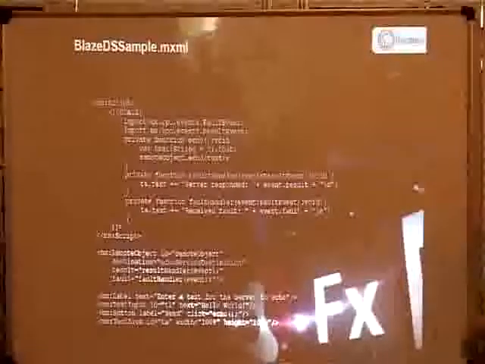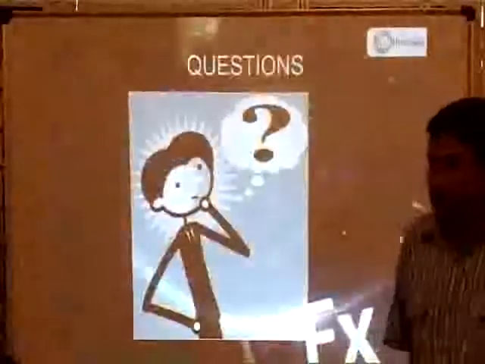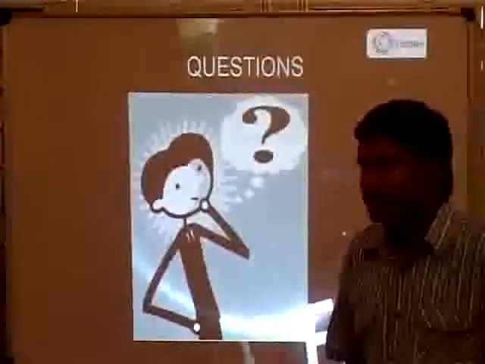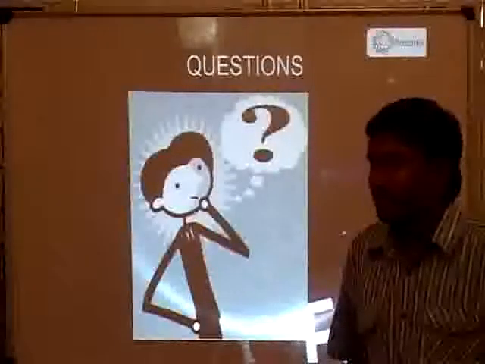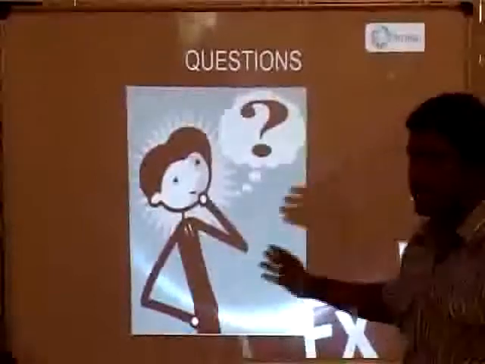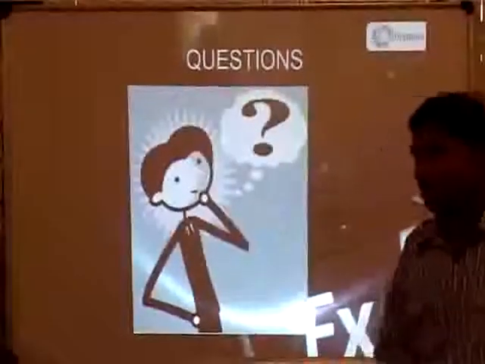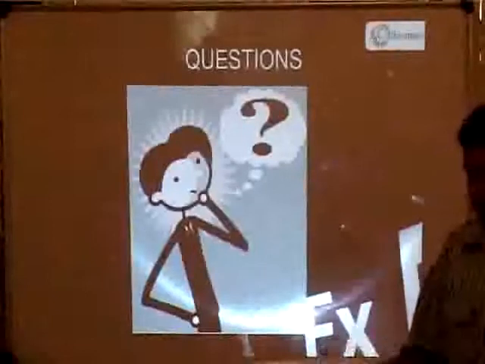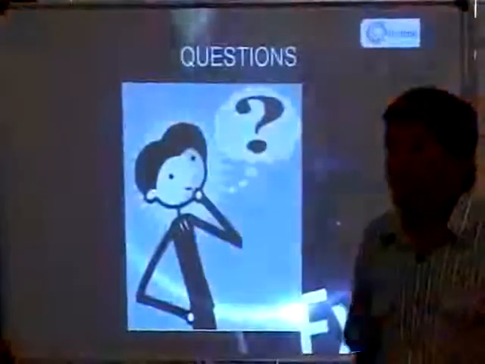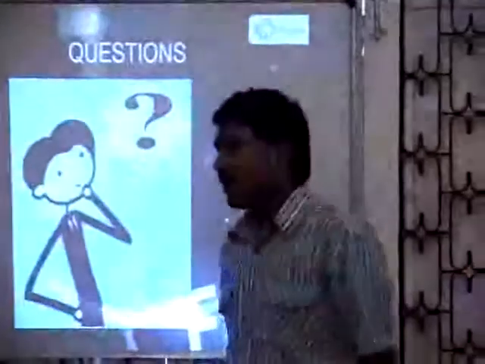Any other questions? You are calling a Java method. Suppose your Java method throws some exception object. How will you catch it? It will also come under the fault event. Actually, it gives a message. Everything is included in that message. The message format will be like this: message ID, message header ID, and body of the message. Whatever exception Java throws, you will get the whole exception here.